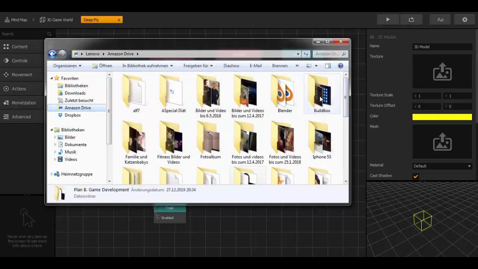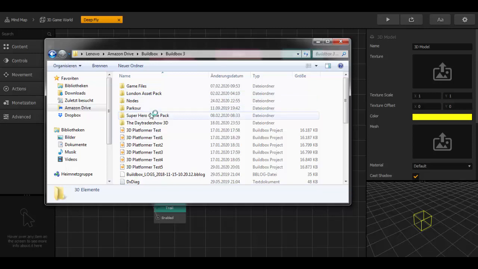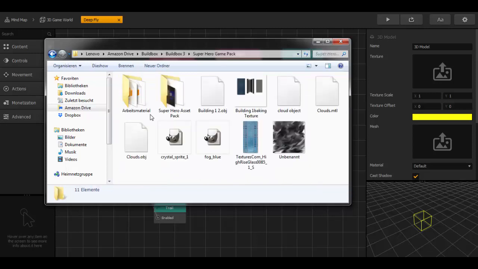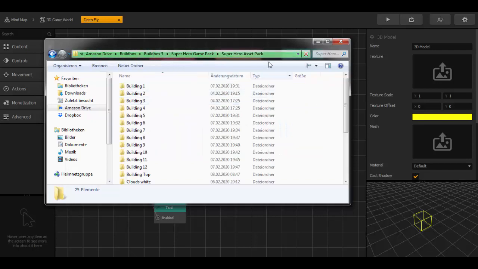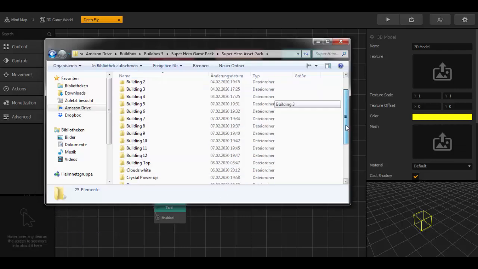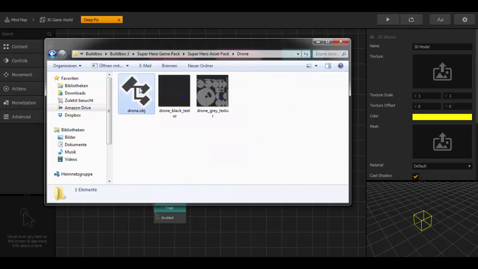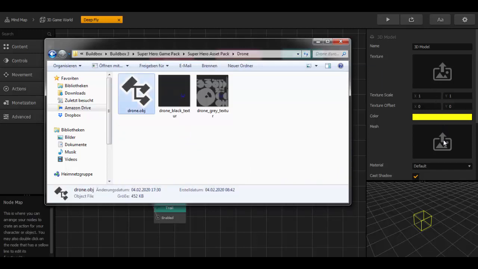character, my own 3D model. It's the same model that you can download for free. Just check it out in the description here. Alright, here it is, and this is our drone. We drop in the OBJ file,